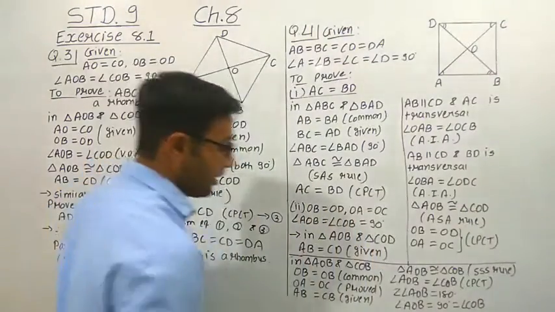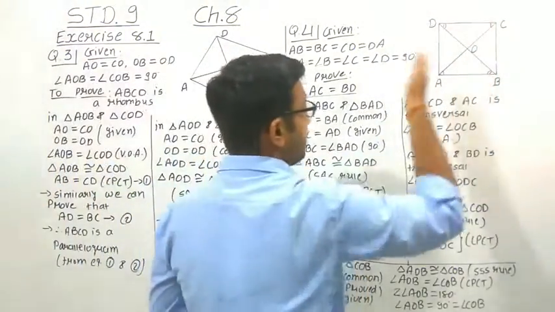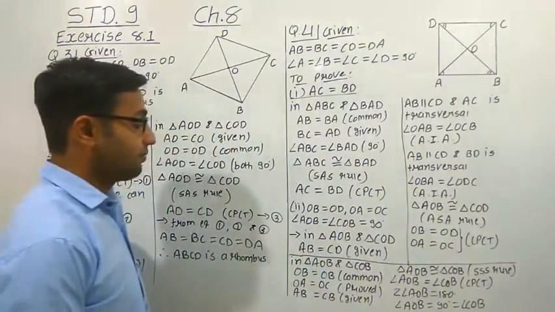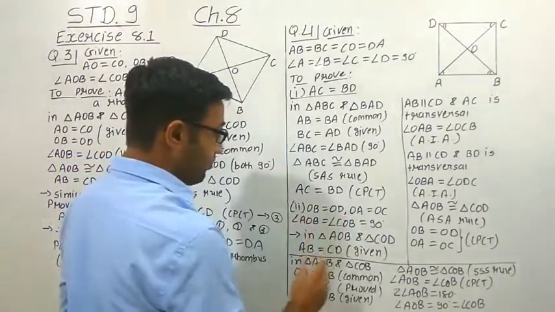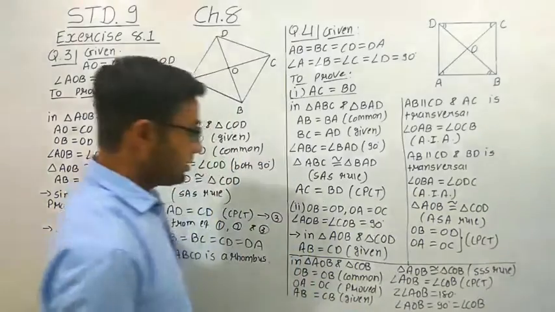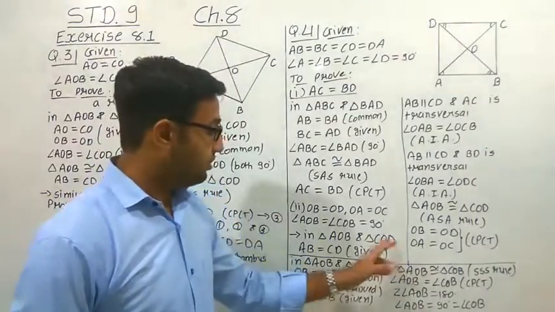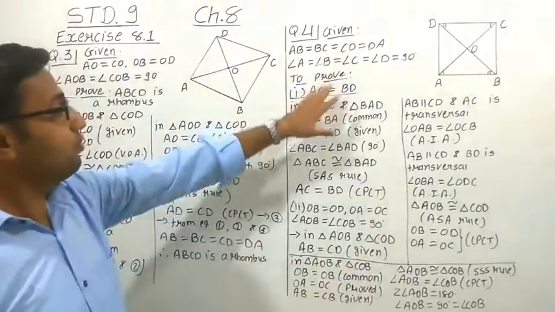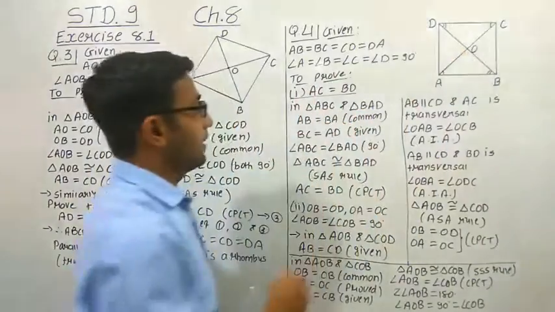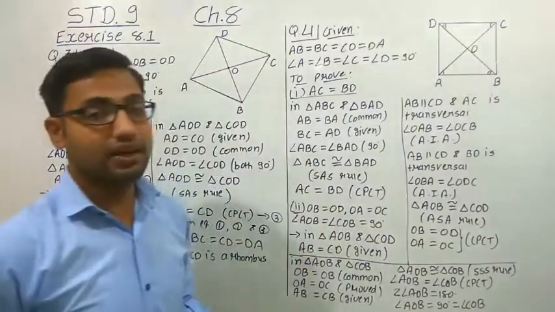So this is the second condition that we have proved: both diagonals intersect at point O and angle O is 90 degrees. The first condition that we proved is that the diagonals bisect each other, and the second condition states that the diagonals bisect each other at right angles. So from these results we can prove two things. First, the diagonals of a square are equal. Second, the diagonals of a square bisect each other at right angles.